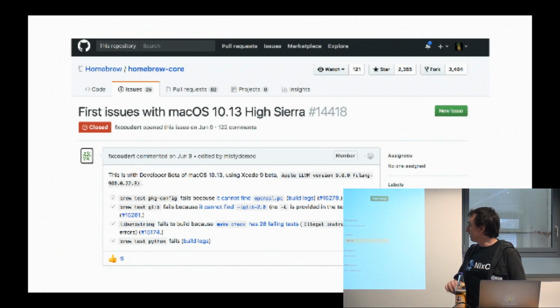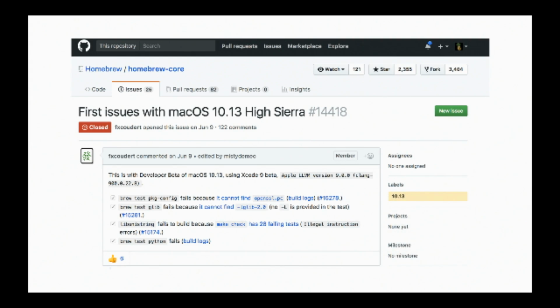There's also another motivation, which is there's a couple of package managers on macOS. One of the main ones is called Homebrew, and it's a huge community. It's very popular, but it suffers from not being Nix. And what I mean by that